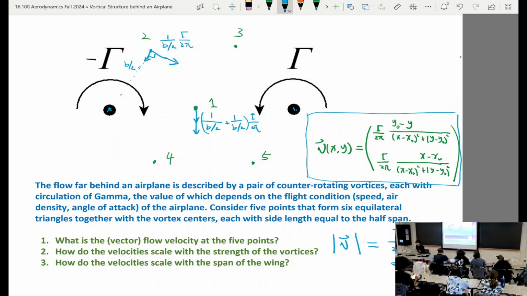And it has a lower velocity. It has a lower speed because this point is further away from the right vertex compared to the left vertex. So how much further away? Well, if you do a little bit of trigonometry, right? Anybody can do trigonometry in your head and tell me how much further away? Square root of 3, exactly, because